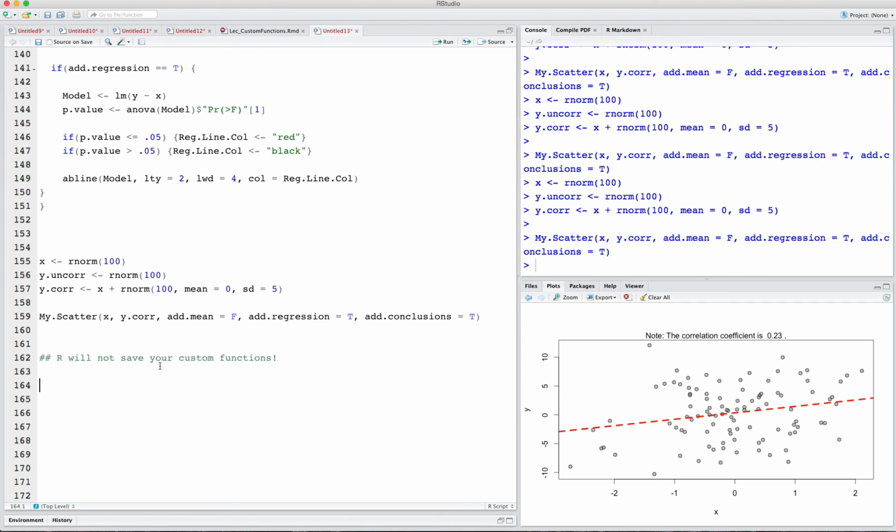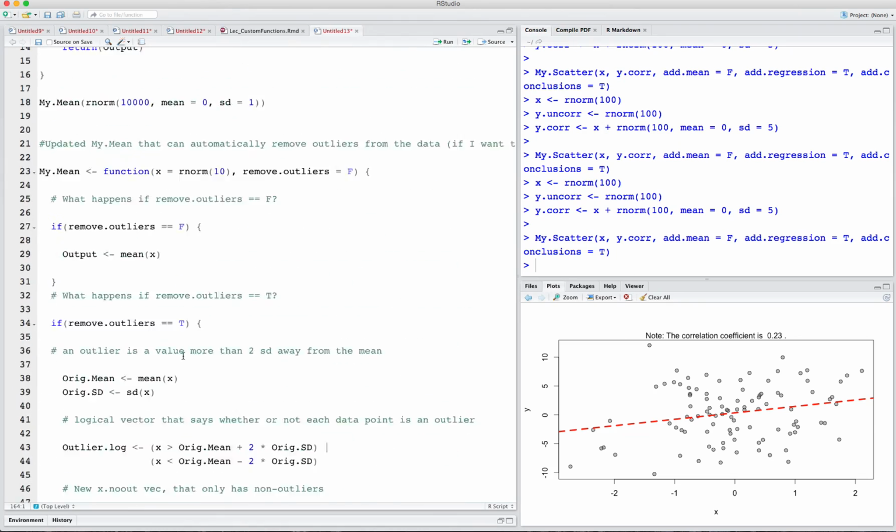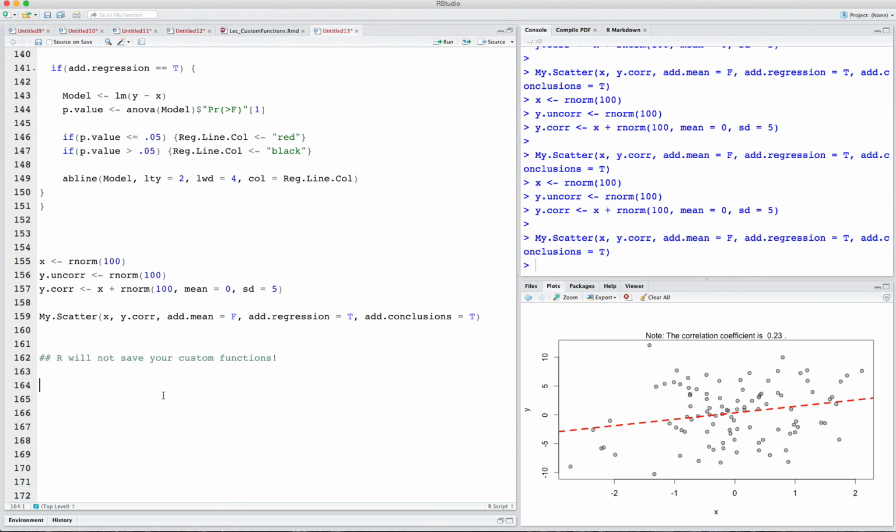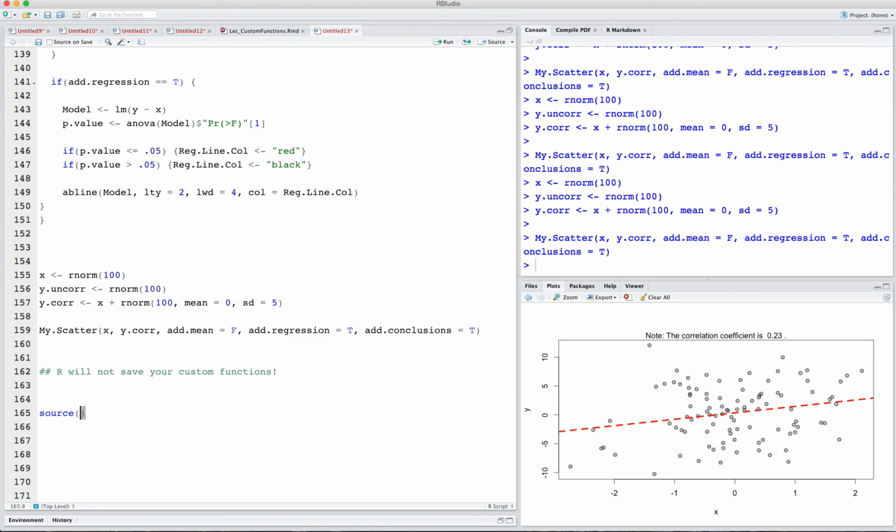So what I can do is save all of my custom functions in one file. So I have one big R file that's just called Nathaniel's custom R functions, and I have all my functions defined, and then I save that file, and then what you can do is use the source command to automatically load all of your custom functions in a file. So the way you can do that is just by writing source, file equals, set the directory, so maybe it's, I don't know, users Nathaniel, maybe it's on my desktop, and then if my custom functions file is called custom